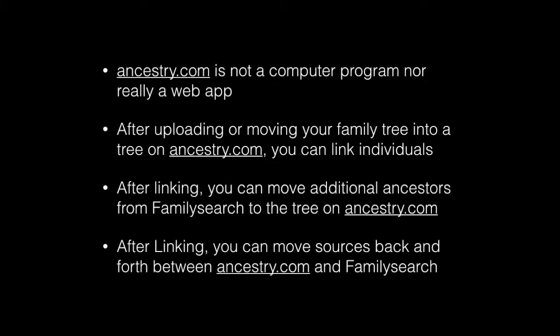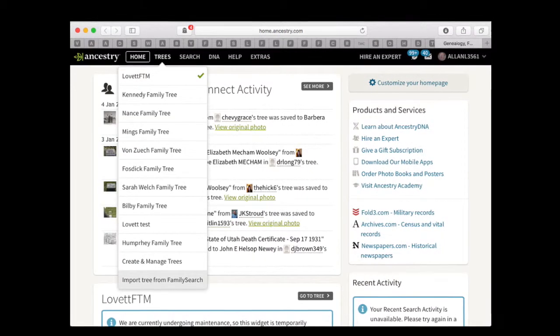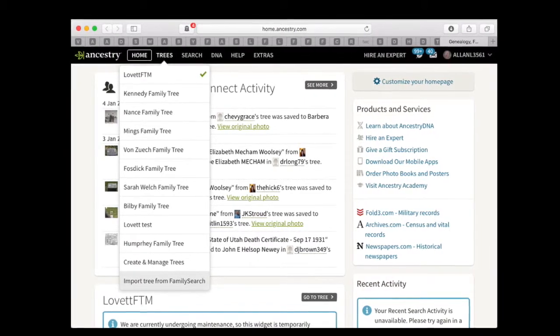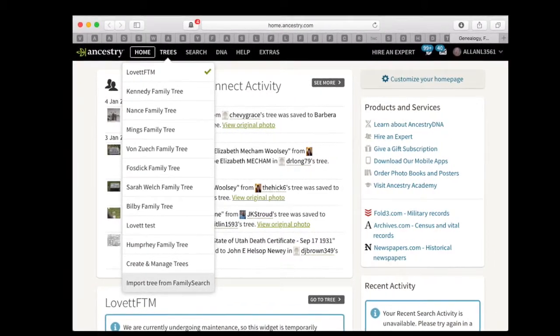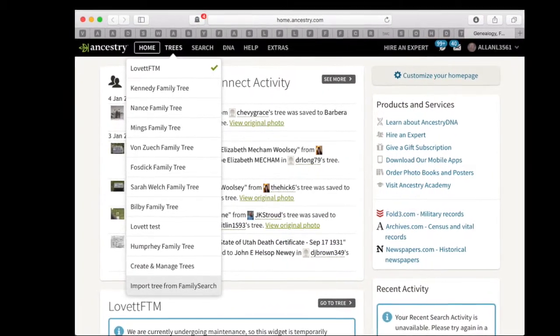After linking, you can move additional ancestors from FamilySearch to the tree on Ancestry.com. Also, after linking, you can move sources back and forth between Ancestry.com and FamilySearch. So if you're a member of the church and you've signed up for Ancestry.com, you link it to your FamilySearch